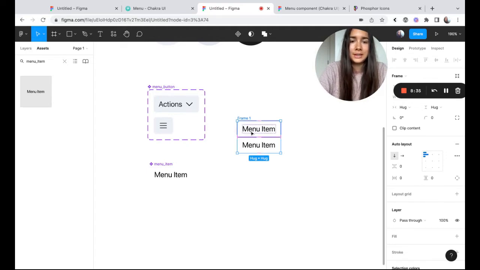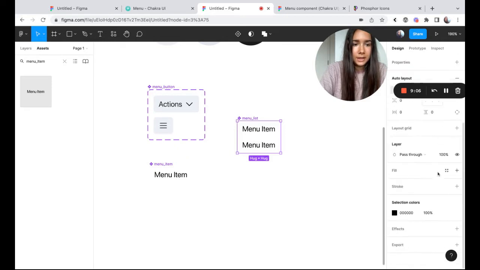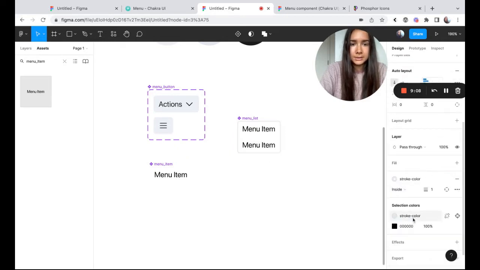So we're going to start with just 2 menu items, and I already applied auto layout to them, no spacing, and we will rename it as menu list and turn it into a component. So from here, what we're going to do is, before we create any more variants, I'm going to add a 4 pixel border radius, and we will add a 1 pixel stroke.